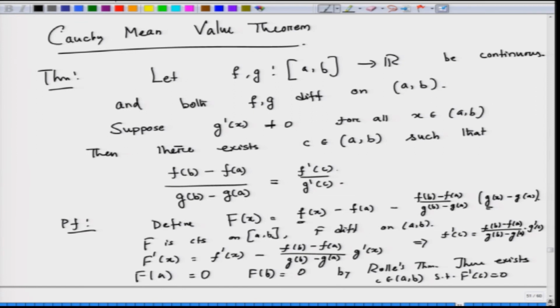So, what we get is that f prime of c by g prime of c is equal to f b minus f a by g b minus g a. We will apply this to prove the L'Hopital rule, but before that there will be a very interesting inequality. I mean, one would like to see that